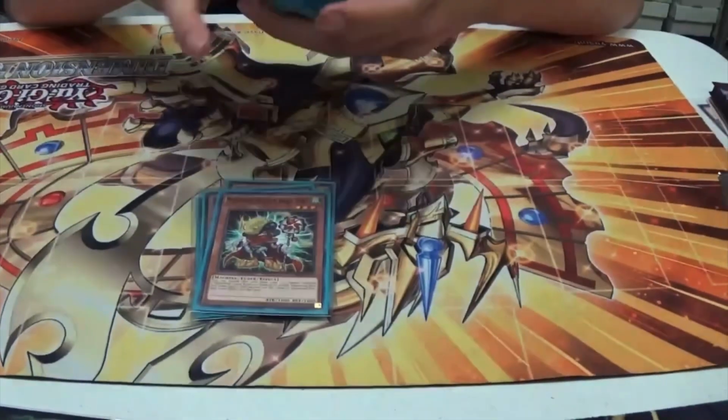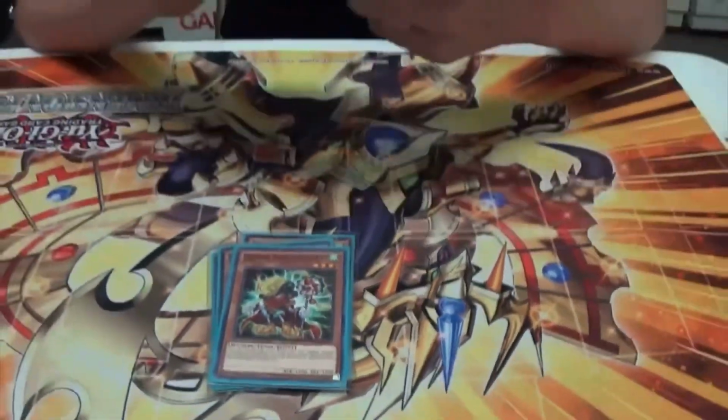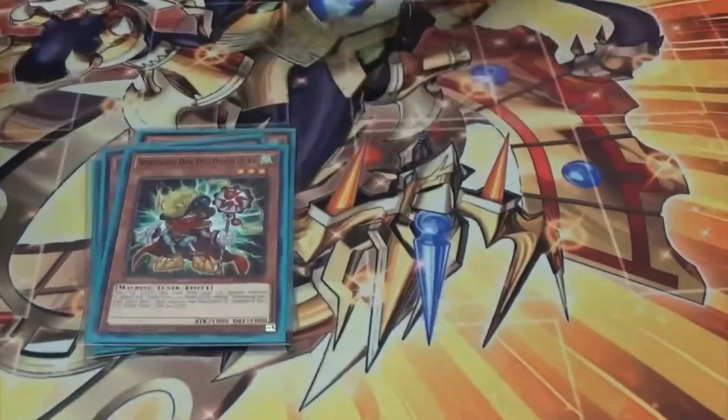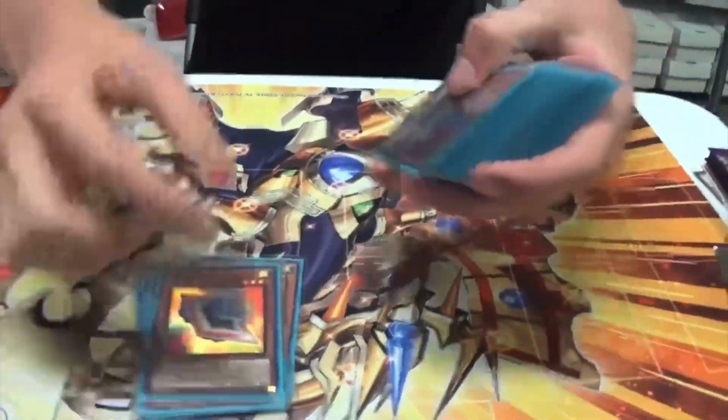Speedroid Din Daiko Duke. You never want to see this in your hand unless you have specifically roulette or some outlet to discard it. And its effect is to banish itself to special summon a Speedroid from my graveyard or hand. That hand thing doesn't come up much. And we usually dump it off of Chainhound, which is a card I'll get into later. Okay. But for our first 3 of in the deck, we play 1, 2, 3